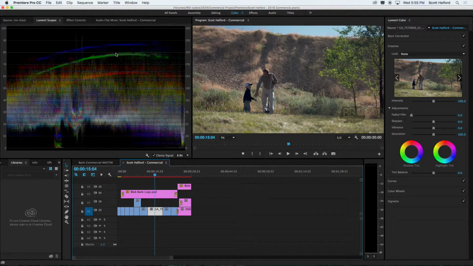But that's where the scopes can come in handy, because if you're color correcting for something that's supposed to be white, then you can use the scopes to color correct so that white would be white. So you can do some color correcting if you're colorblind, but in fact sometimes when you're talking about luminance, one thing you can do to check